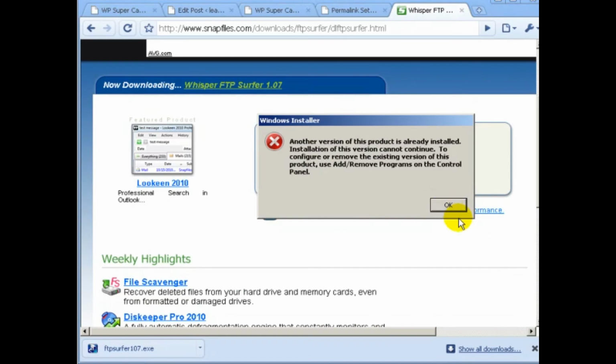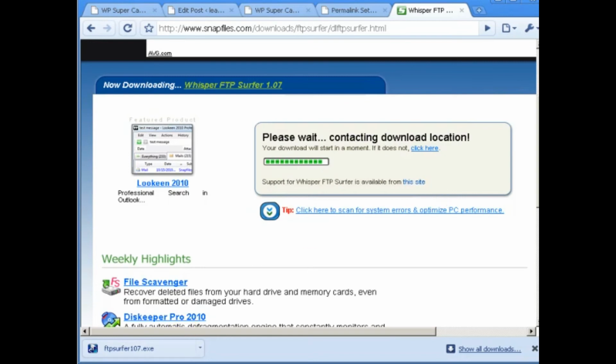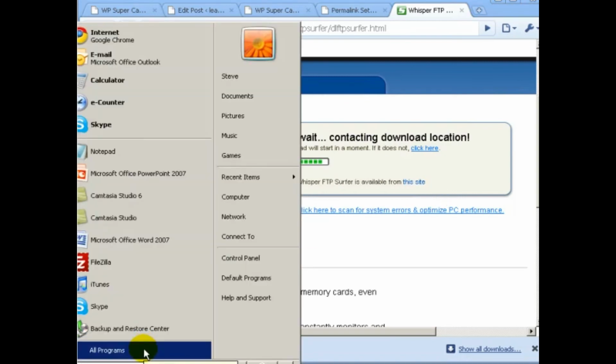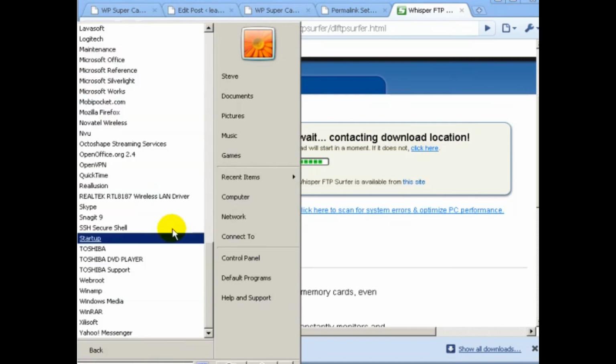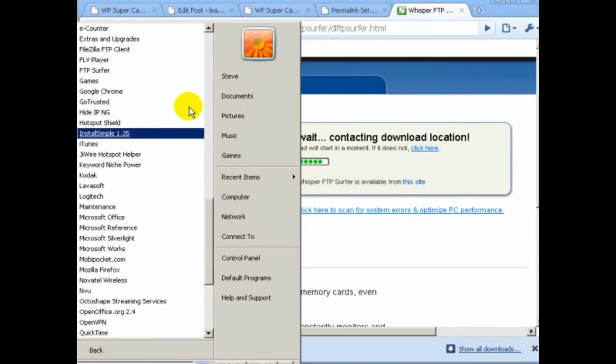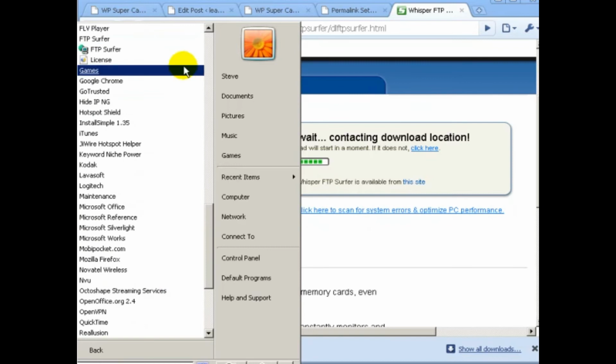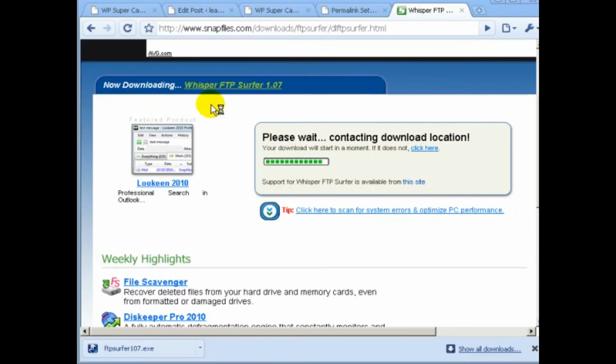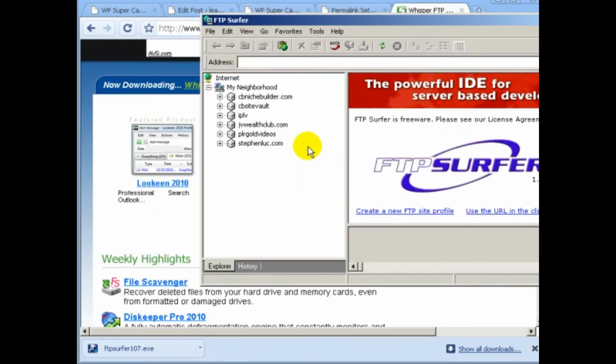Oh, okay, well, I'm on a different laptop, so it says another version is already installed. Oh, okay, yeah, that's already there. Good, that's even better. So you want to go to FTP Surfer,